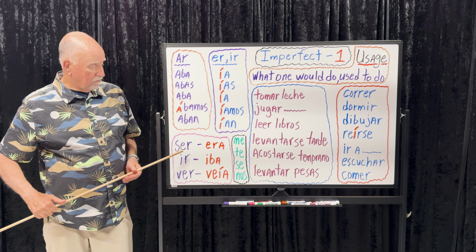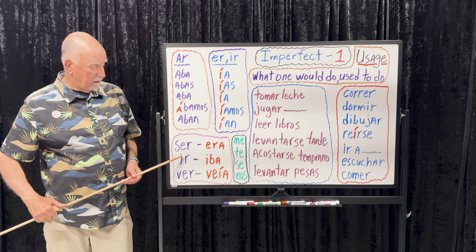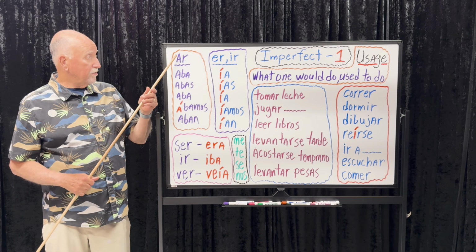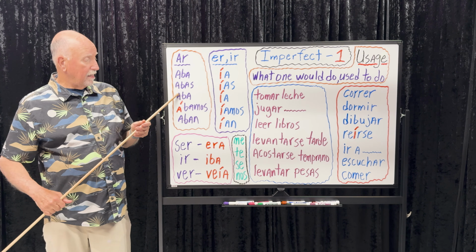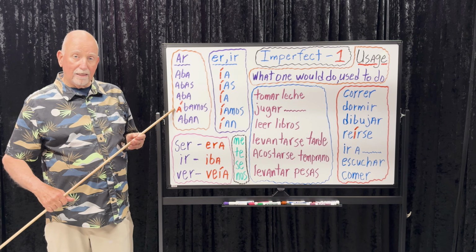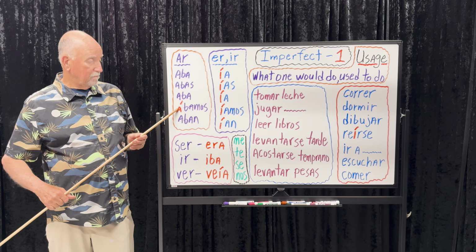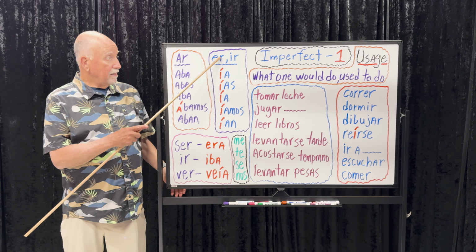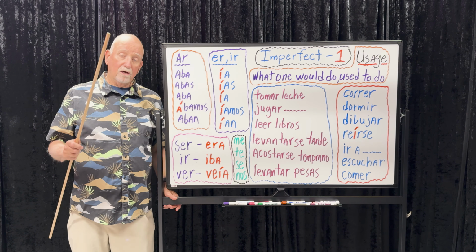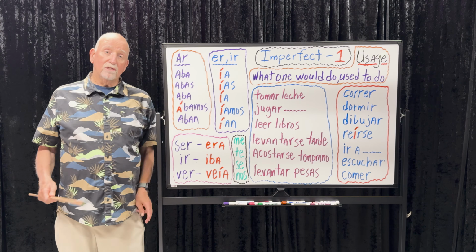We know there are only three irregulars: ser, ir, and ver. Era, iba, veía. We know the regular endings are aba, abas, aba, ábamos, aban for AR verbs. Ábamos has an accent on the A because it's three vowels back, breaks the rule. And ER and IR endings are ía, ías, ía, íamos, ían. They all have an accent mark on the I